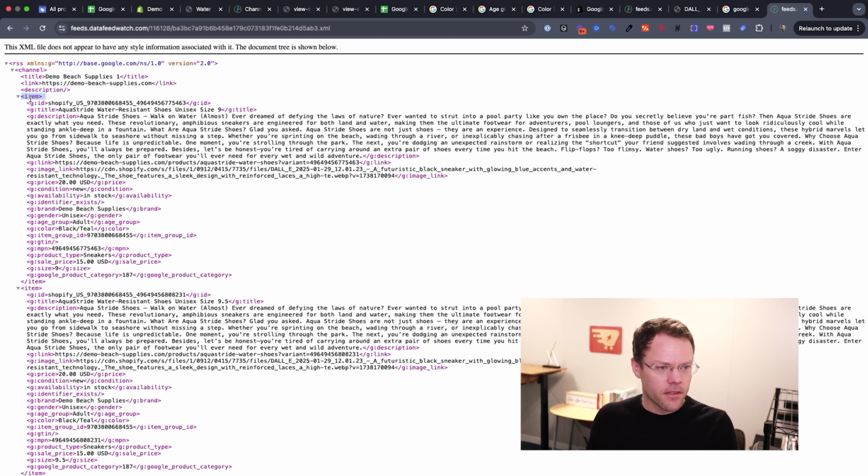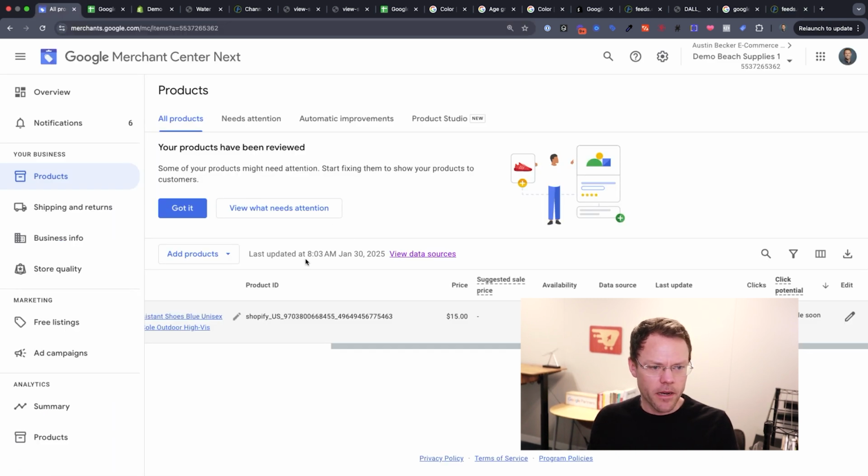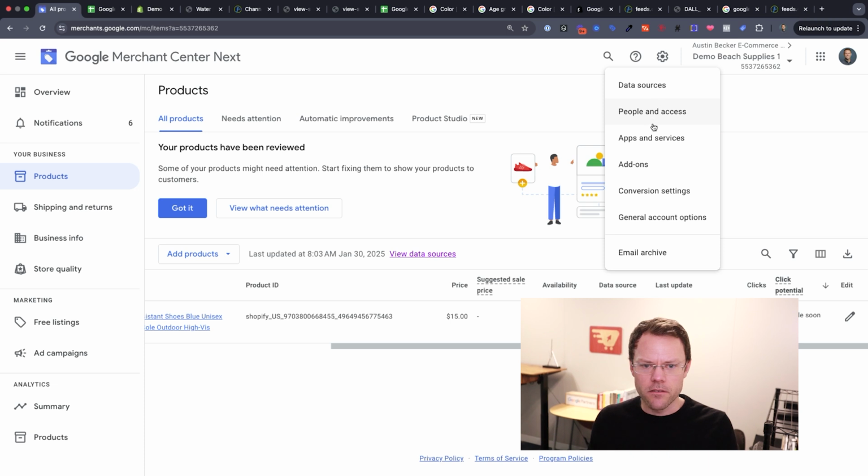We have the item object that includes the ID, title, description, property, and then all the data that we've just set up. So you can see our improved title here. You can see the brand. Some fields we left empty on purpose are there. But this is ready to go. So I'm going to take that and I'm going to go back to Merchant Center